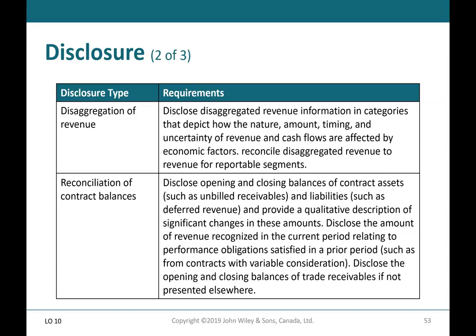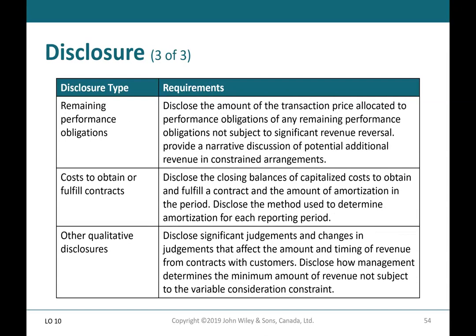Disclose the amount of revenue recognized in the current period related to performance obligations satisfied in a prior period, such as from contracts with variable consideration. Disclose the opening and closing balances of trade receivables if not presented elsewhere. Disclosure 3 of 3. Disclosure type. Remaining performance obligations. Requirements. Disclose the amount of the transaction price allocated to any remaining performance obligations